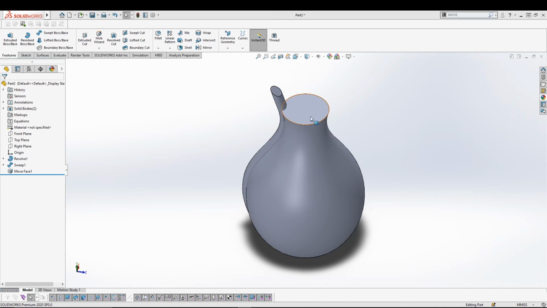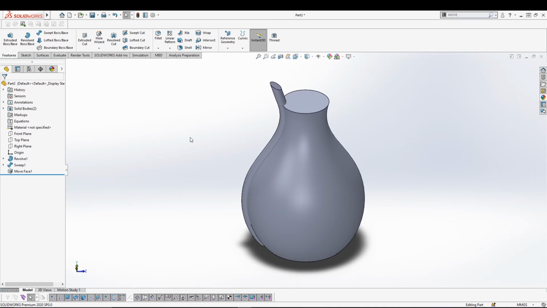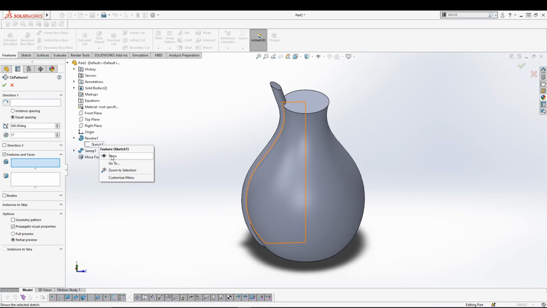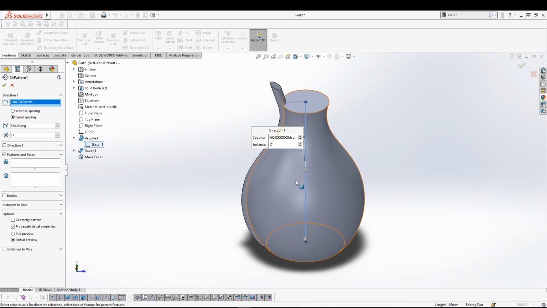We don't want this face to be offset, and that's why we utilize the disable merge result option in the sweep boss. Right, now here we'll go for circular pattern, and the very first thing that we will do is expand our tree, and in fact click our sketch one and show it so that we can select it in direction 1,